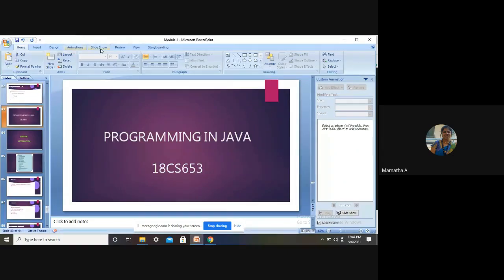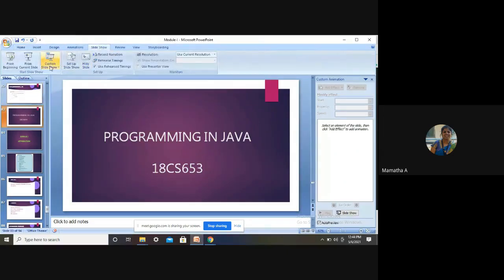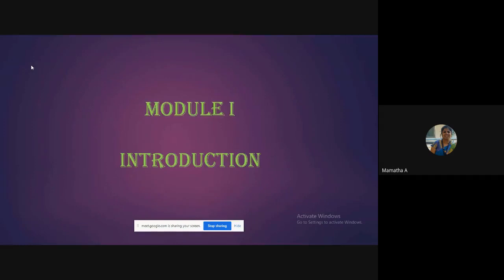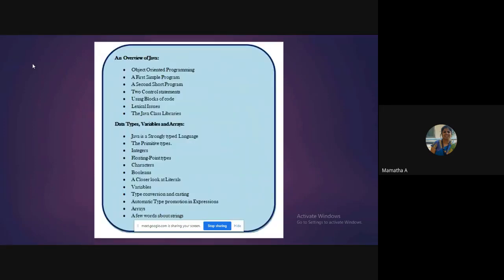So good afternoon all. Today's class, as I told you in yesterday's session, we'll be dealing with arrays, how they are created and used in Java. You all know arrays, but in Java we have a slight variation. We are almost moving to the end of your module 1.